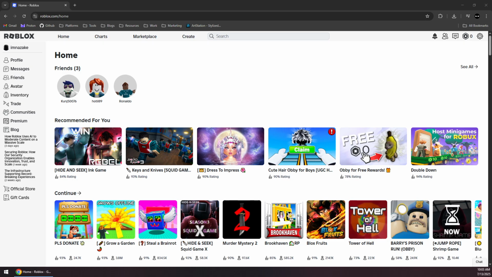How to send Robux to your friends. You can do this basically on PC or mobile. It's pretty much the same. So first you want to open up your browser and navigate to roblox.com and make sure you're signed into your